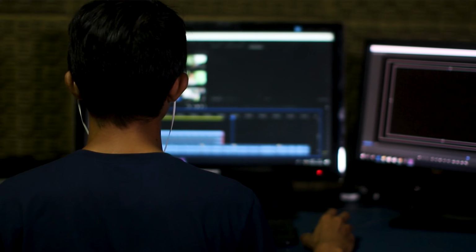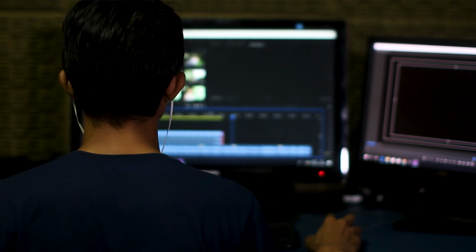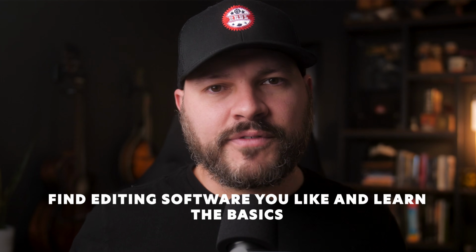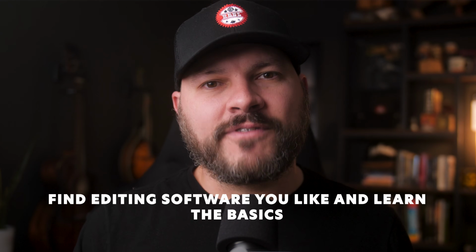Now, the editing process is where a lot of people get really intimidated. If you're not familiar with editing software, this can be a really daunting task to learn how to use this software and make your own film. There's a lot of free and really easy to use editing software out there. You can use DaVinci Resolve, you can use CapCut, a lot of people use iMovie, but if you're serious and dedicated about being a filmmaker, I would recommend picking a software of your choice, whichever one speaks to you.